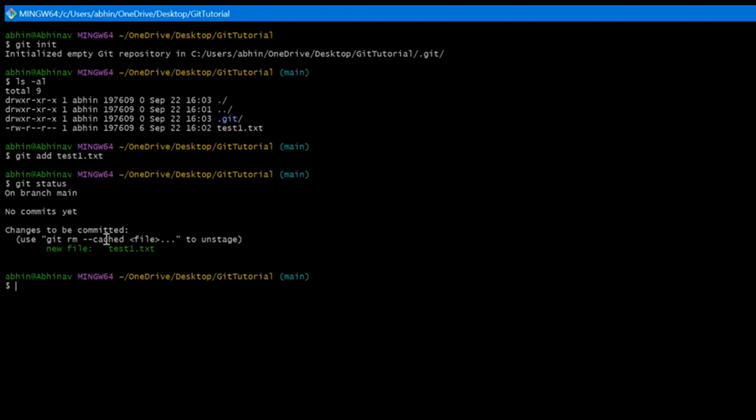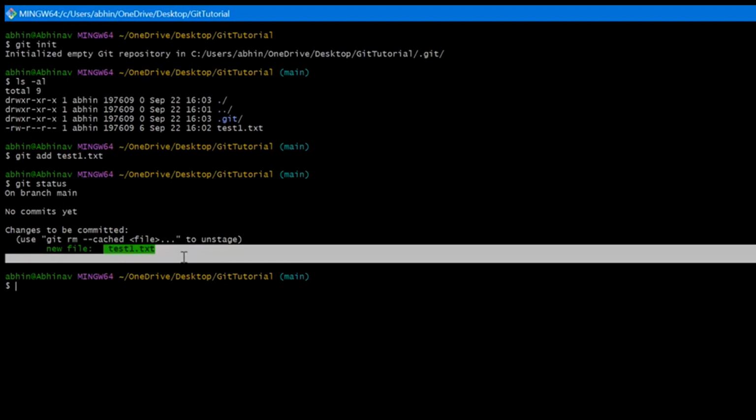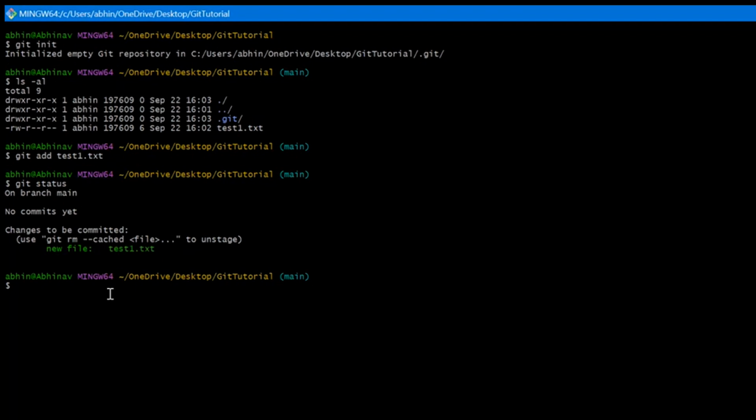Now this tells us that our file test1.txt has been added. So now what do we want to do? We want to commit this change. So how do we do that? We just write